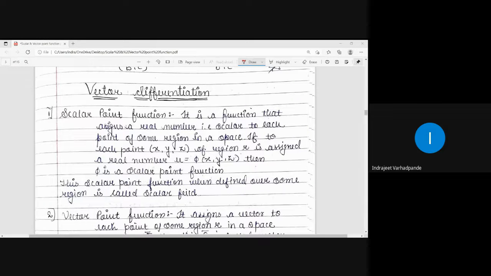The basis of this particular unit, under the heading vector calculus, what we are going to study, this is what forms the foundation. Vector differentiation will form the foundation for discussing vector calculus. As I have told you prior to this also, in vector calculus we will be discussing vector differentiation as well as vector integration. And for that, we will first be learning about vector differentiation.